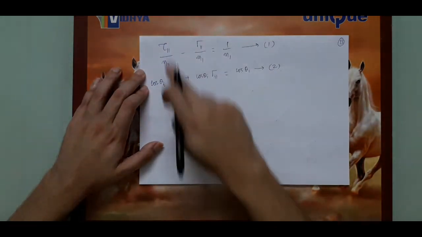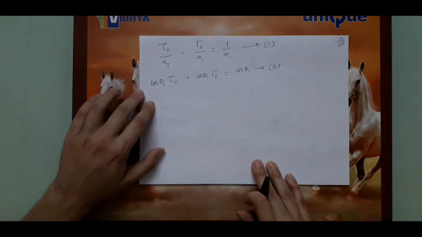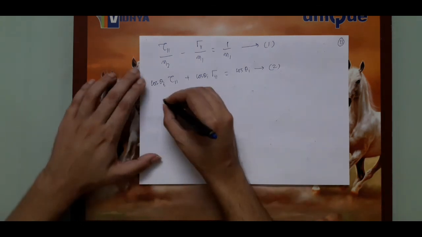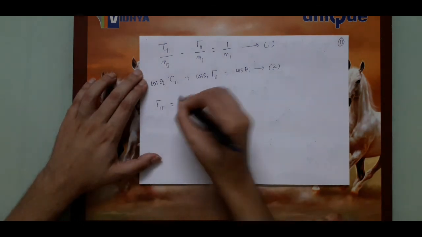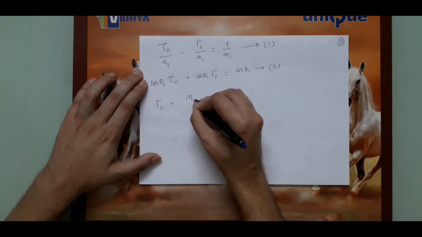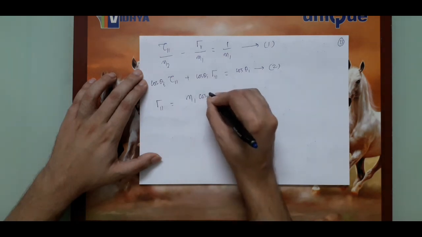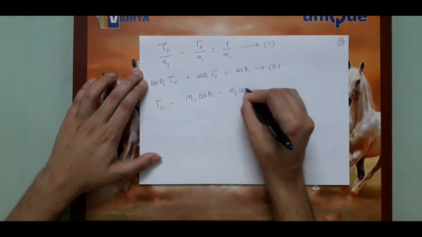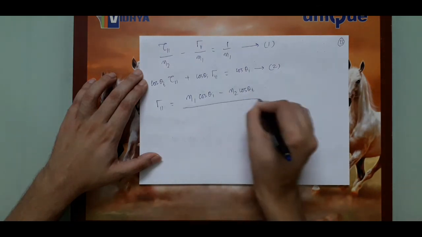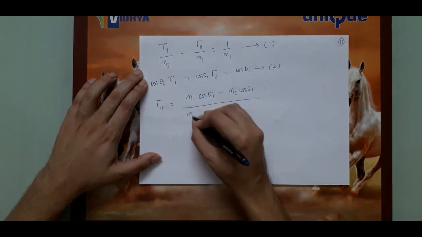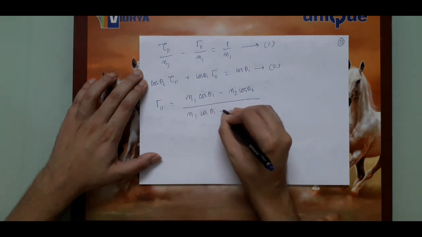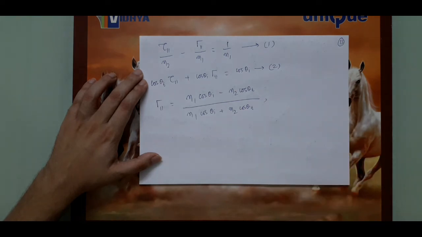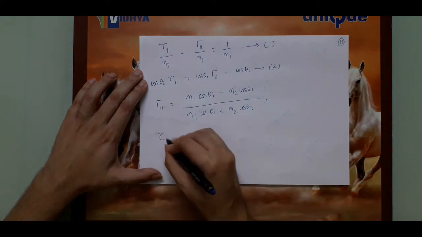Now you can again solve this pair of equations simultaneously and you will see that the reflection coefficient gamma now becomes eta 1 cos theta I minus eta 2 cos theta t divided by eta 1 cos theta I plus eta 2 cos theta t,